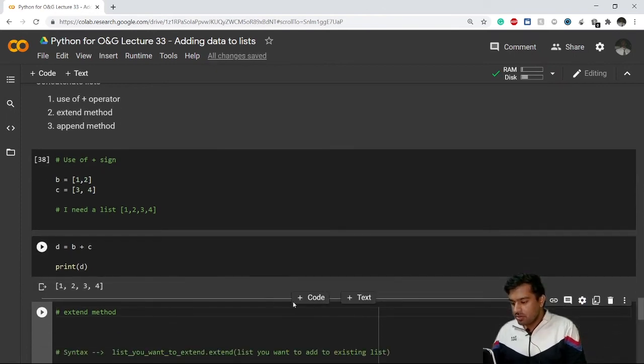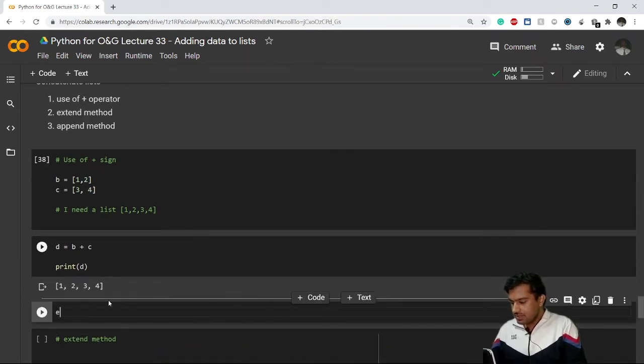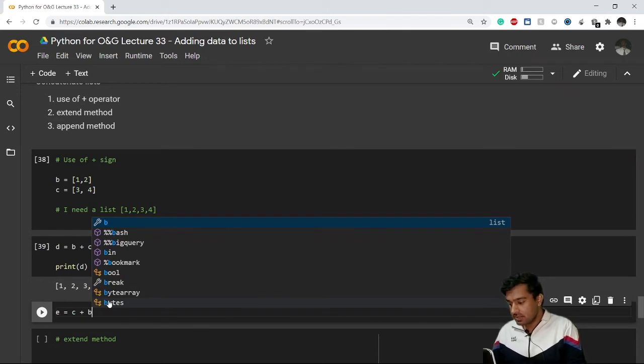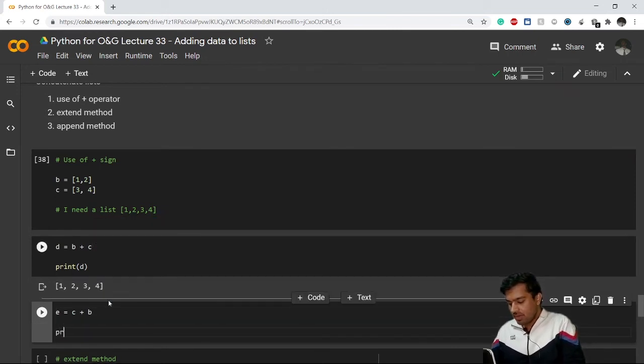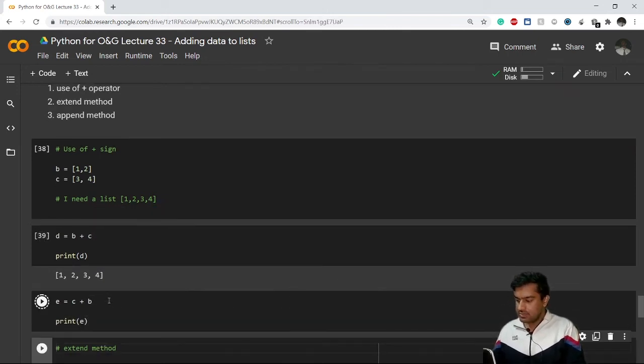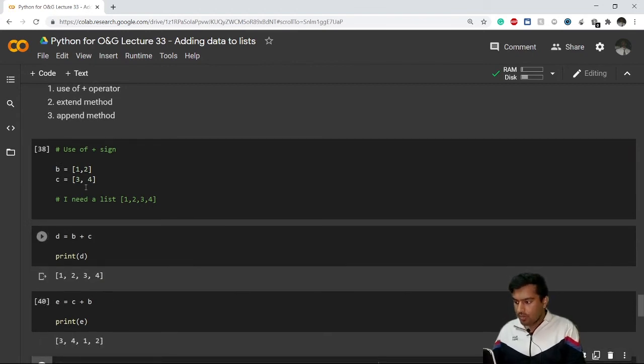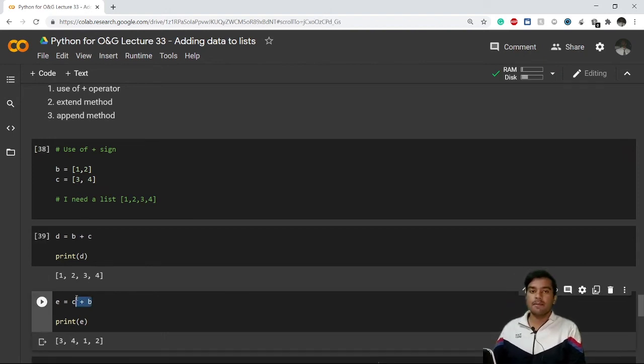Now let me do one more thing. Let's say I create a list E now, in which I do the C plus B, right? Instead of doing B plus C, I have done C plus B. And now if I print E, let's see what happens. So you see now 3 4 and then 1 2 is coming. So this order is important when you are adding.